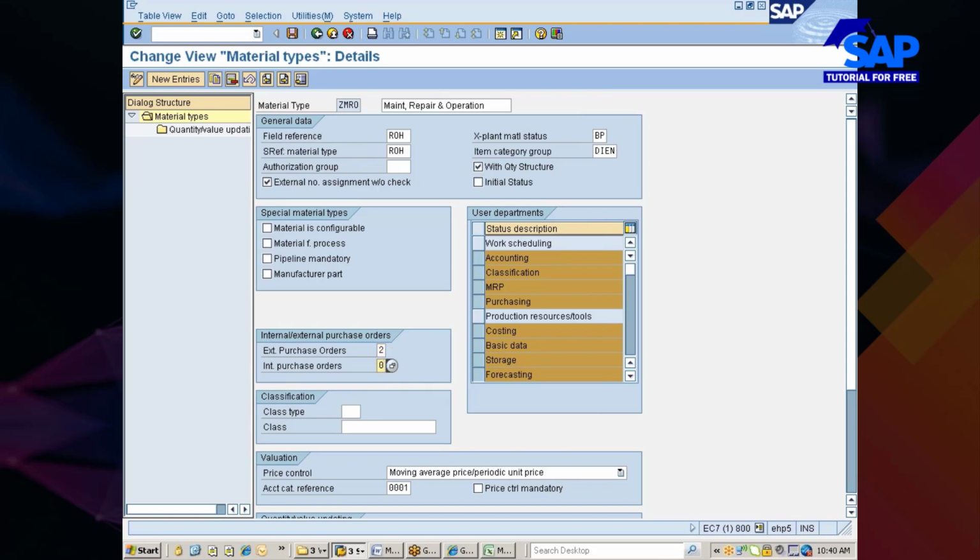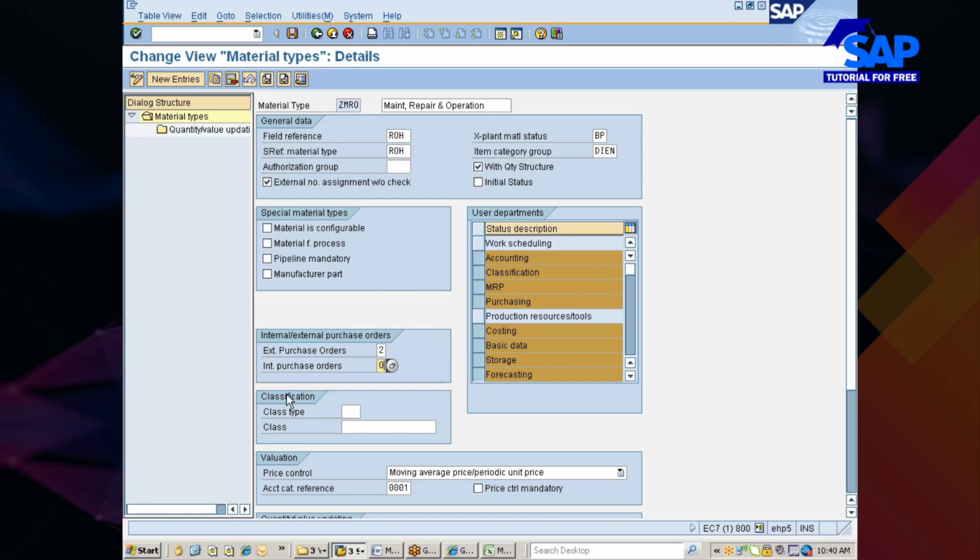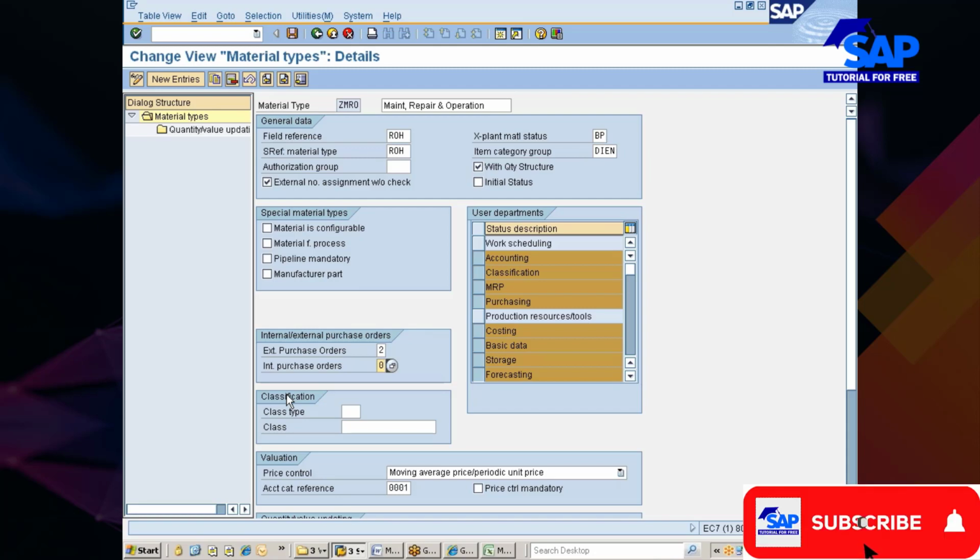Right? Next thing. There is something called classification. We will discuss more about classification when we get to the classification and batch management chapter. Basically, classification is nothing but organizing certain object data in a proper fashion so that it is easy to use.